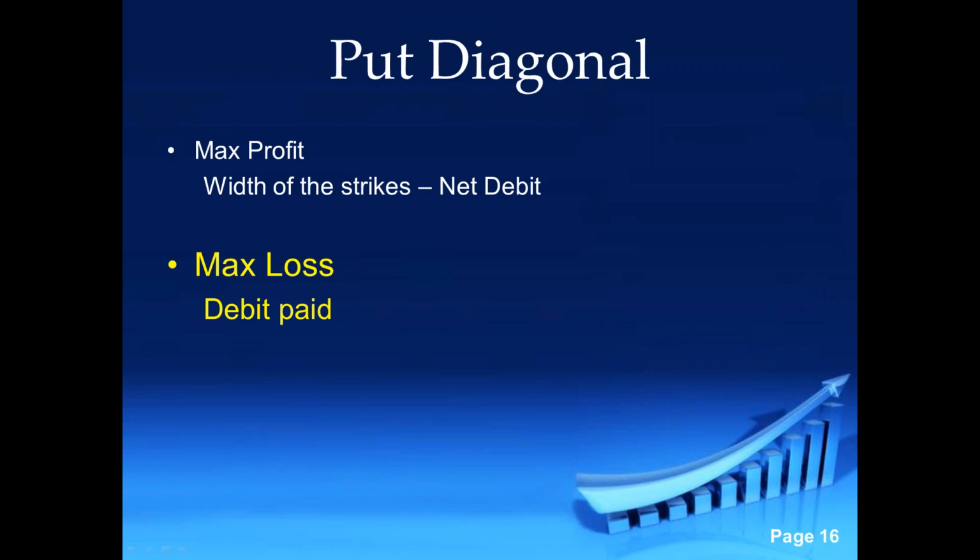David's asking, what is the advantage of the diagonal with different months over the basic put debit spread? The benefit of this is you have much longer duration to be right, and if we paid for our extrinsic value, you have the opportunity to have that naked long put on, if you will. So you have the unlimited profit potential. But again, I don't swing for home runs, you guys. I swing for singles, doubles, and triples. Every once in a while I will, but